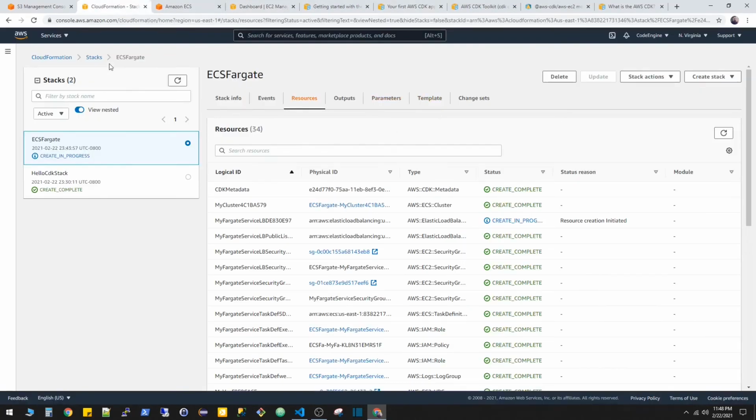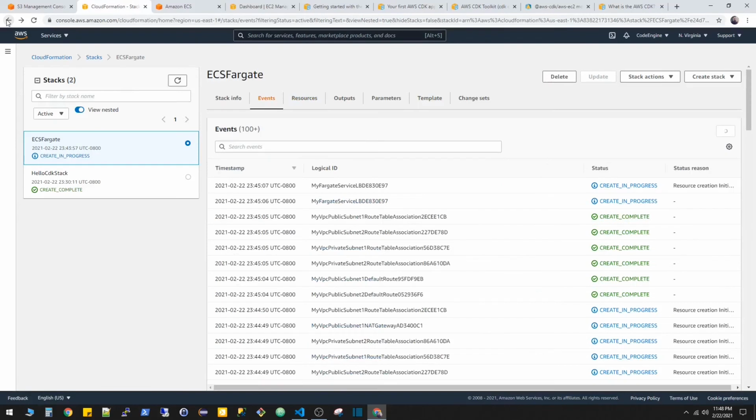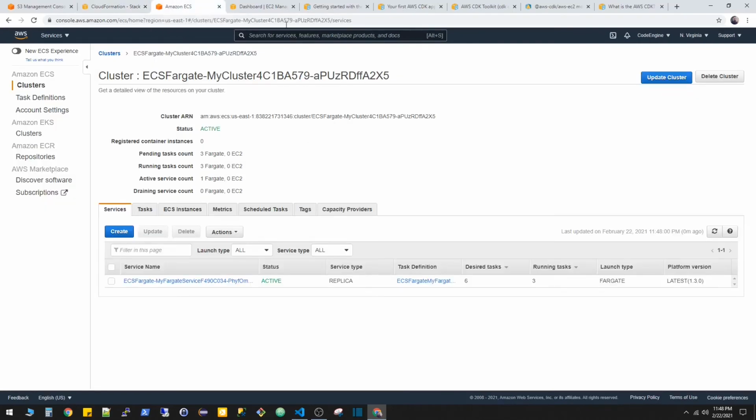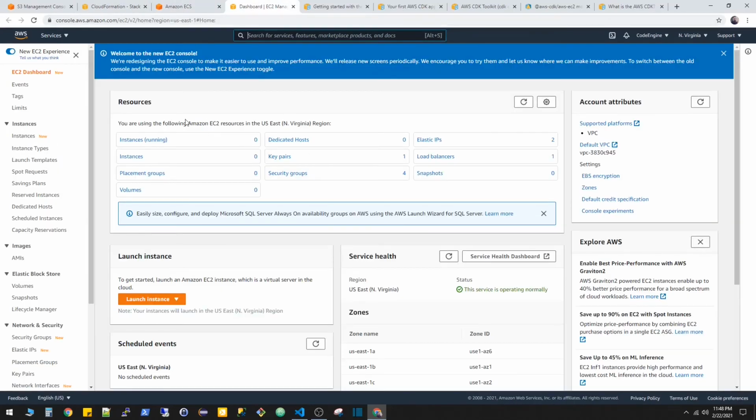So if I head back to EC2, this should be hopefully done by now. As you can see, still deploying. It might take a while because this is a larger service, but I want to show you guys something quick here. If I go to load balancers,